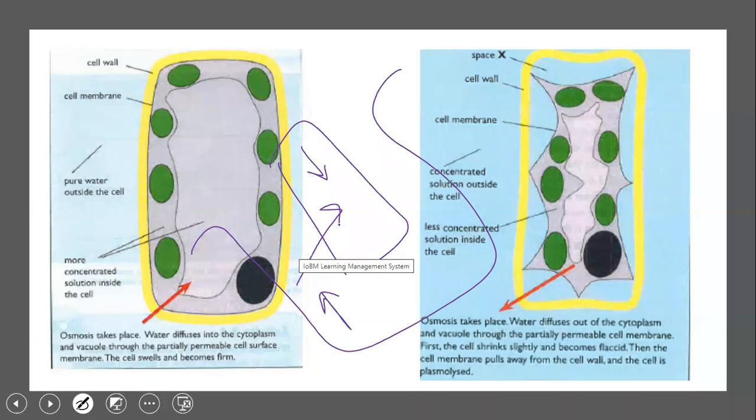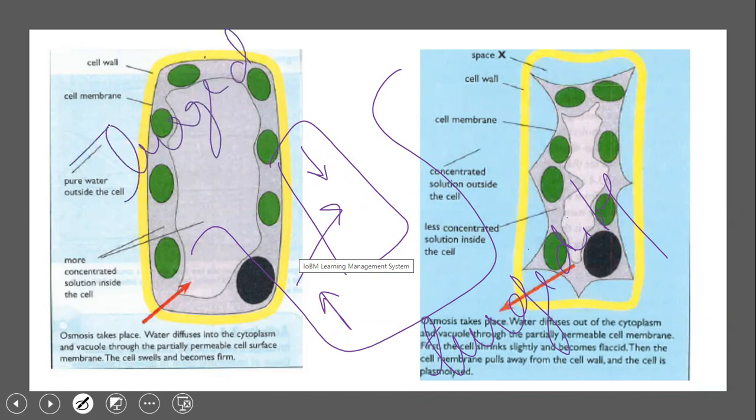So that is what you're going to see. The plant cell is going to swell up and it's going to end up becoming firm. There is a special term we use for it, and that term is turgidity. Or we can say that the cell has become turgid, depending upon what the statement is. And why has the cell become turgid? Because of the pressure of water inside the cell. The cell wall is not letting it burst, and the pressure of the water inside the cell is making it swell up, and when it swells up, it becomes firm,